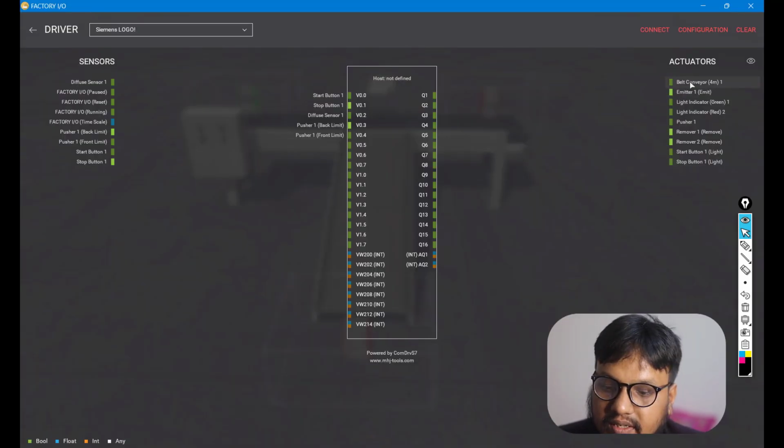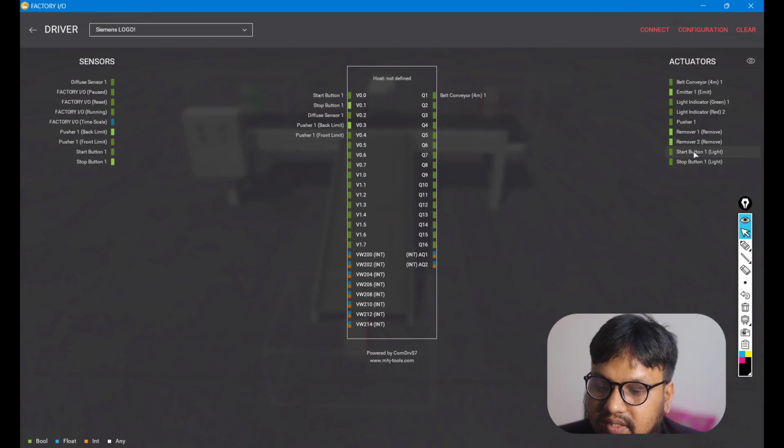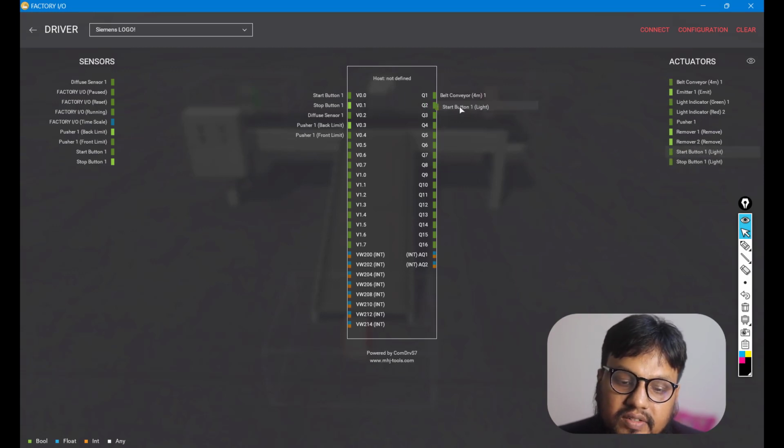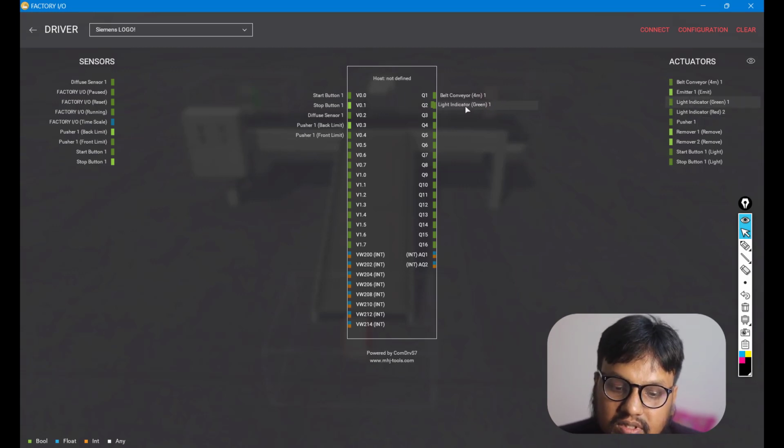So let's bring in the belt conveyor first. This is my first output. Then the start light, that is the green indicator lamp. Then stop, these are buttons. Green, yes, this one. Green light indicator, then red light indicator, and then finally the pusher. So these 4 are my output